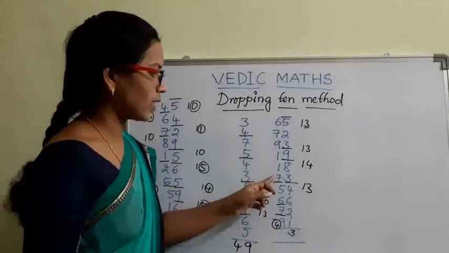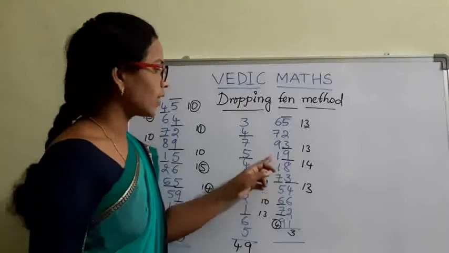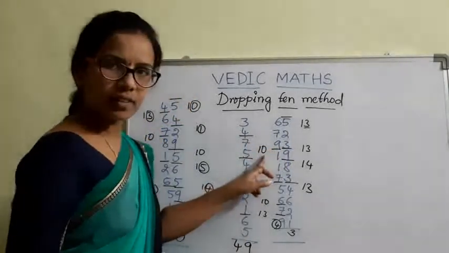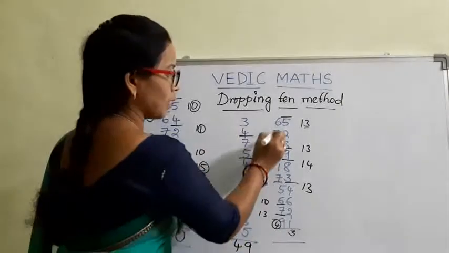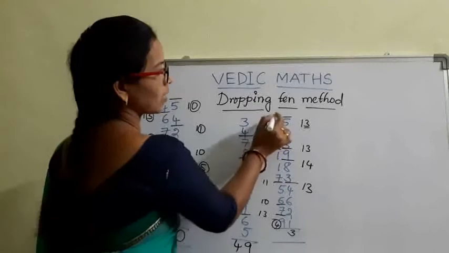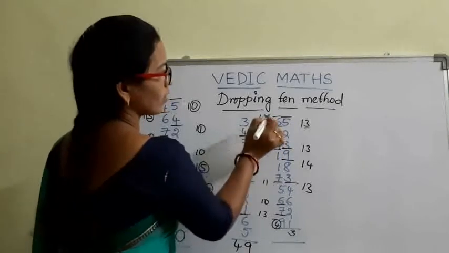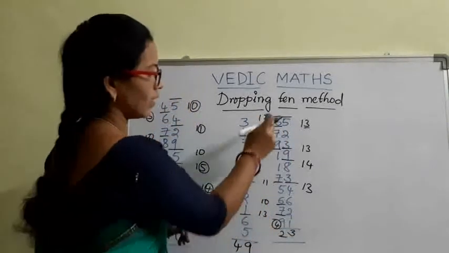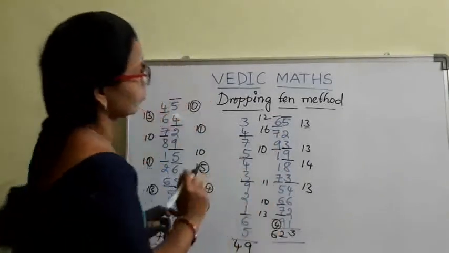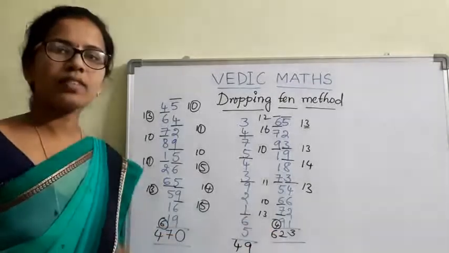1 plus 7, 8. 8 plus 1, 9. 9 plus 1, 10. Drop 10 here. Yes, start freshly. 9 plus 6, 16. Drop 10, carry 6 to the next number. 6 plus 6, 12. Just write this 2 here down, and the number of lines, 3, 3, 6. Yes, the answer is 600.